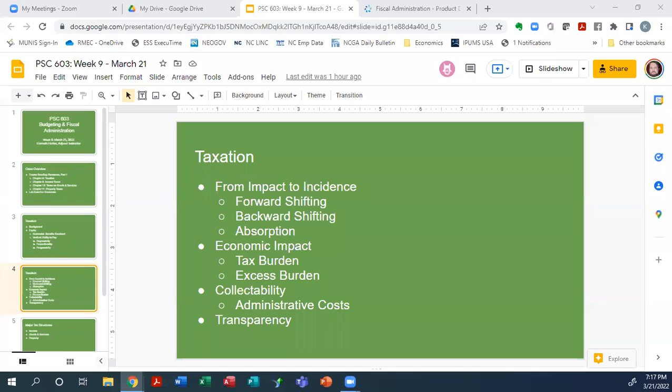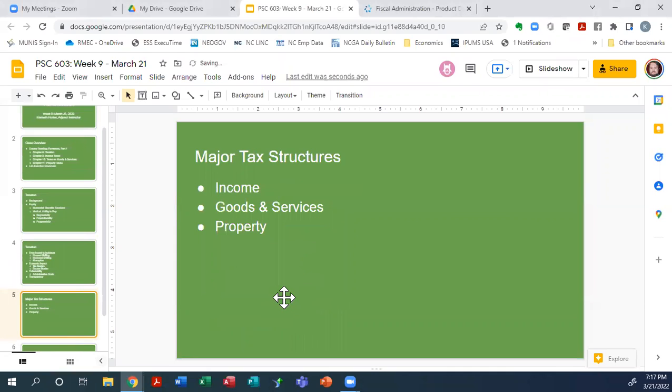So let's now go. What I've done for chapters 9, 10, and 11 is, I wanted to make sure I had some discussion with respect to these major tax structures. So I didn't pull out slides. I'm just going to go off script here, but I strongly encourage y'all to participate.